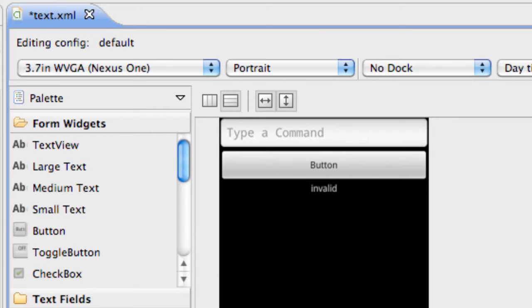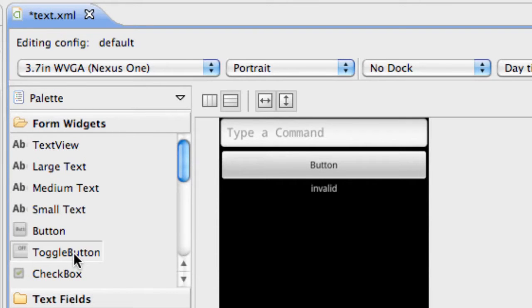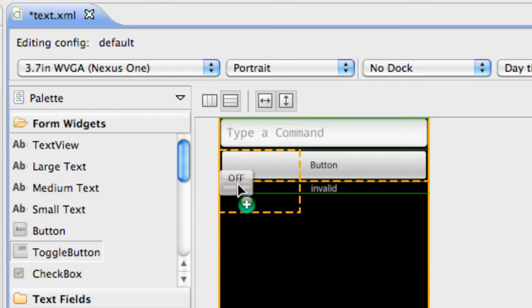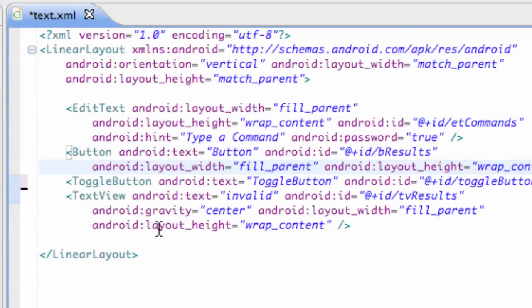What we're going to do in this tutorial is some more XML, show you some more customized features that you can use, and methods, and also some other widgets that we can throw in there. So first, we're going to go into your graphical layout and use a toggle button. I'm going to show you how to use this. We're going to throw this in between our text view and our button, right there. And then we want to have this toggle button on the same line as this button. So now we're going to define it in the Android